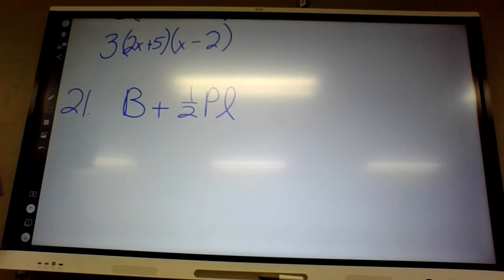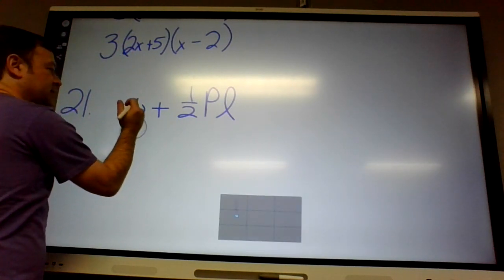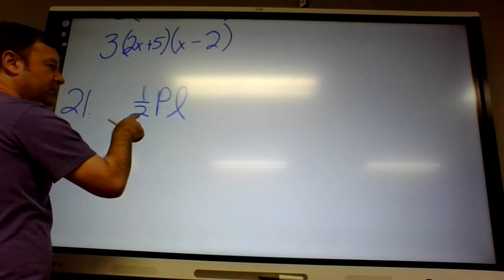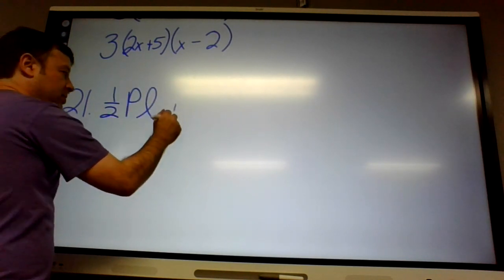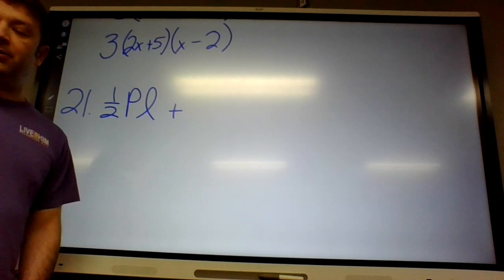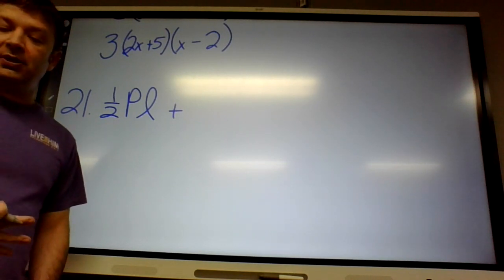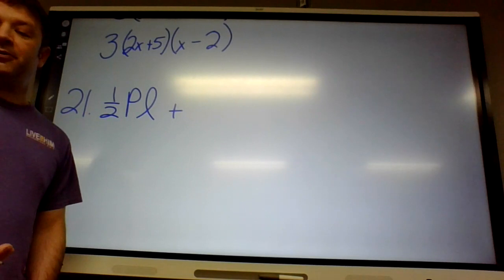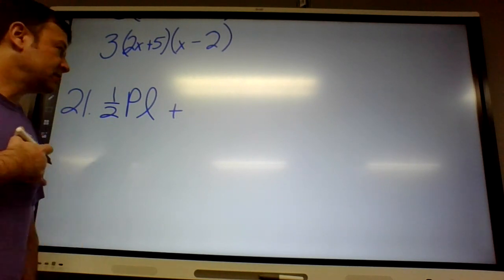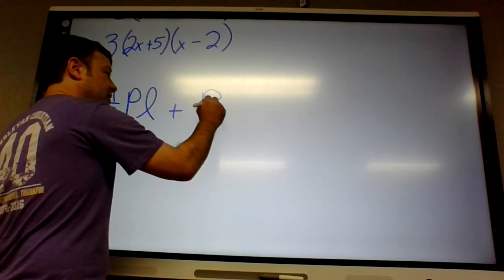The base of this pyramid, is it actually on the surface? No. So we don't need to find the base area of that pyramid. We just need the lateral surface area of the pyramid, 1/2 perimeter times slant height, plus the rectangular prism on the bottom of the house. So it has one base that's on the surface, right? And the top of the rectangular prism is not on the surface, so we don't need to find that. So we just need one base of the rectangular prism